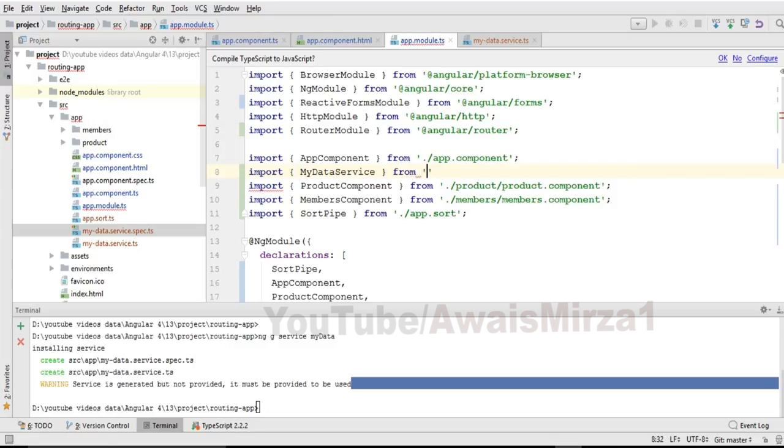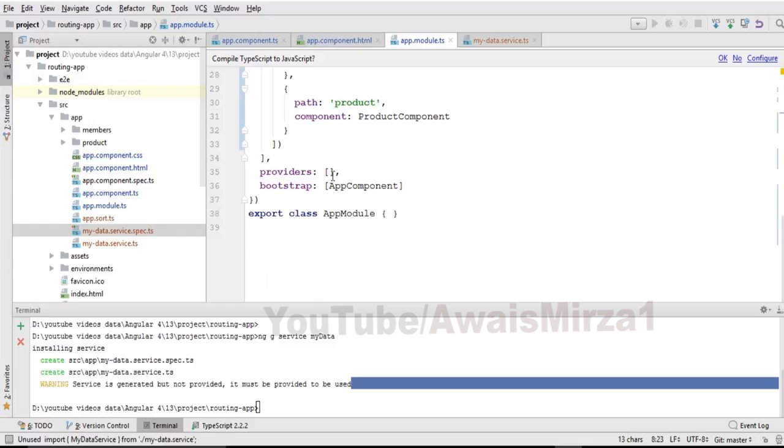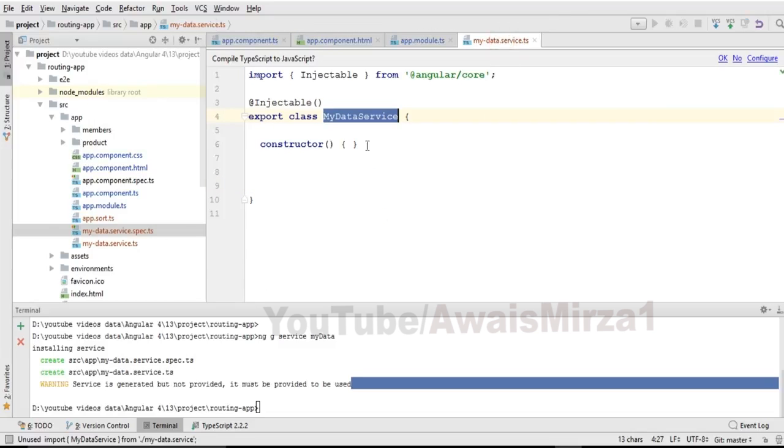And this is from the path my data service. Okay, so once that has been imported, I need to add it as a provider in this app.module.ts. So this is the provider. I need to copy and paste the name of my service. So this has been added in my app.module.ts file. So now I'll go to my service and I need to define, after this constructor,